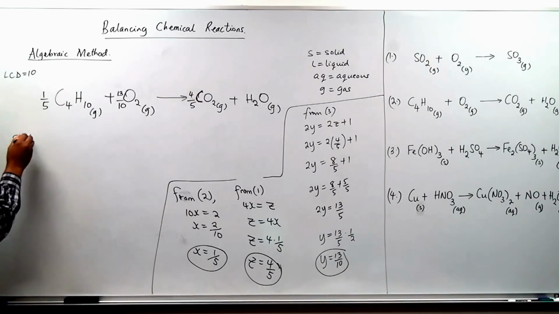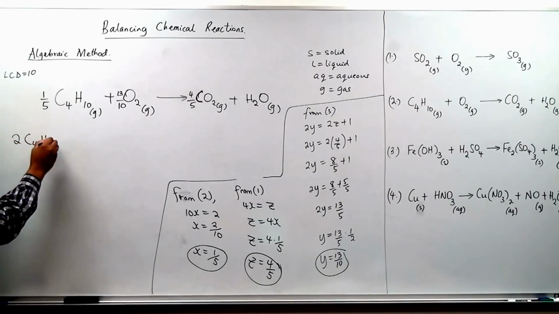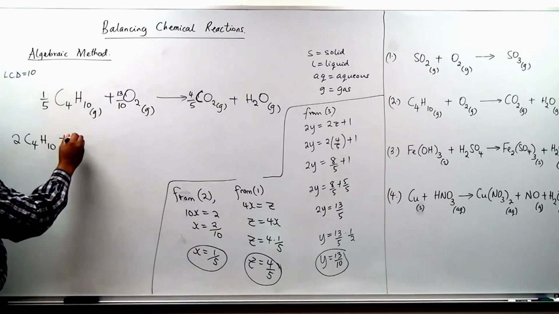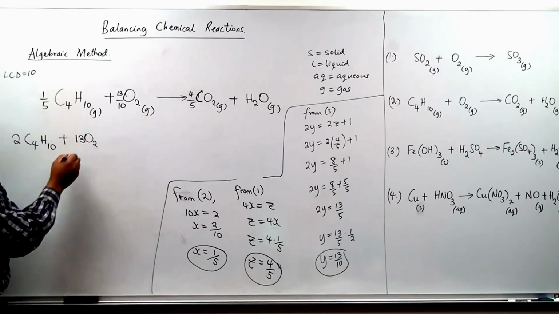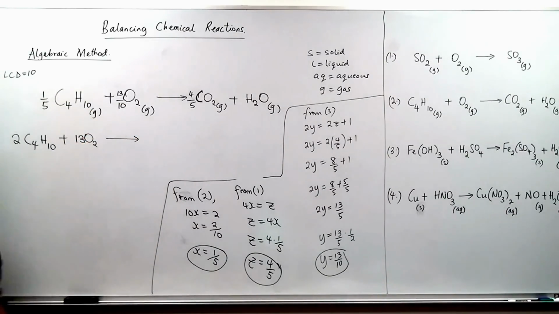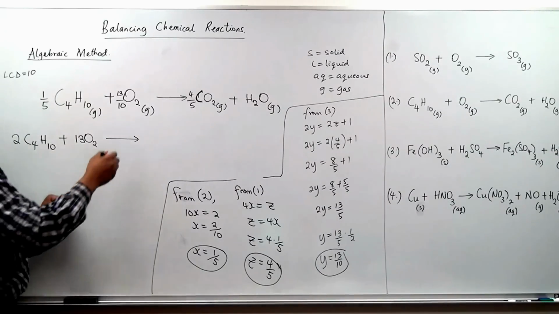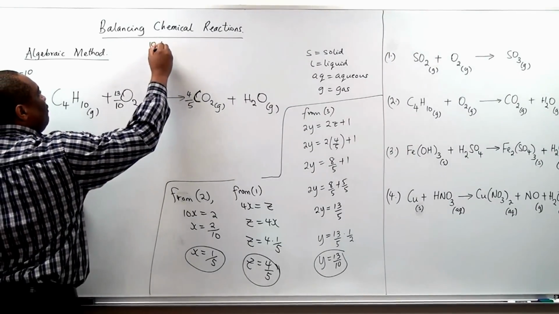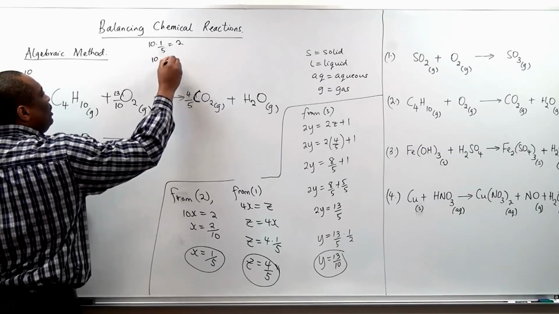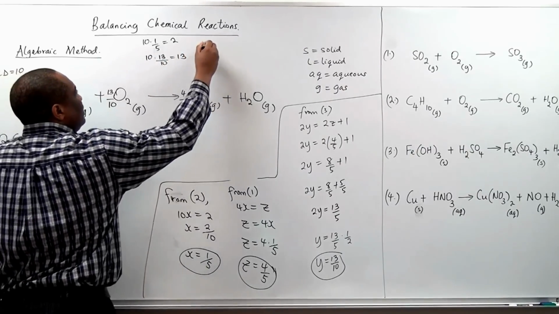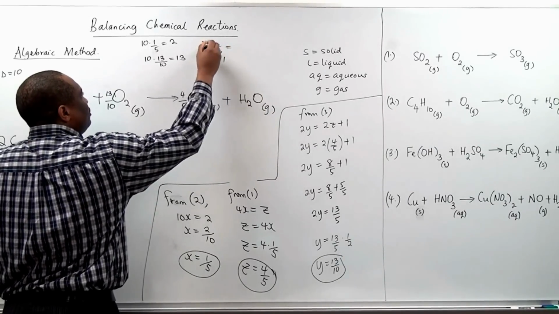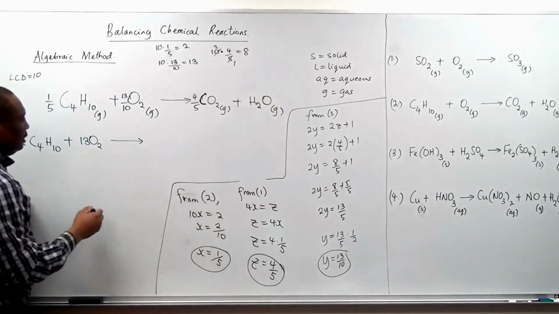2. So we have 2 butane plus 10 times 13 over 10 will give you 13 of the oxygen, to give 10 times 4 over 5. Let me just do it here. 10 times 1 over 5 will give you 2. 10 times 13 over 10 will give you 13. 10 times 4 over 5, the 5 will cross out 2. 2 times 4 is 8. So this is 8